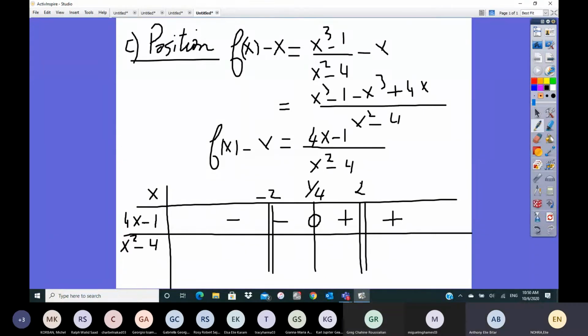For the numerator, to the left of the root, the opposite sign of A, and to the right of the root, the same sign. As for the denominator, outside the roots, same sign as A, and inside the roots, the opposite sign of A. And as for the result,